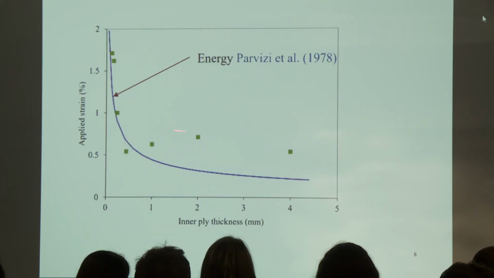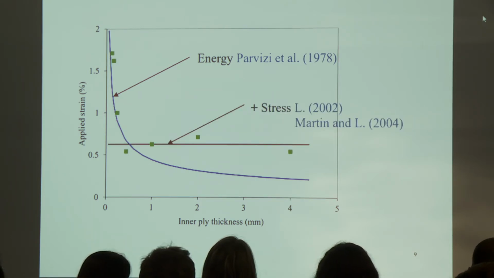So what they did, they measured and suggested that it is an energy condition that can explain the dramatic increase. It means that when the inner layer becomes thinner and thinner, there is not enough energy available to create a crack. Then you have to increase the load to increase the available energy and satisfy an energy condition to create a crack. And what we suggest, finally, is to add to this energy condition another condition that is